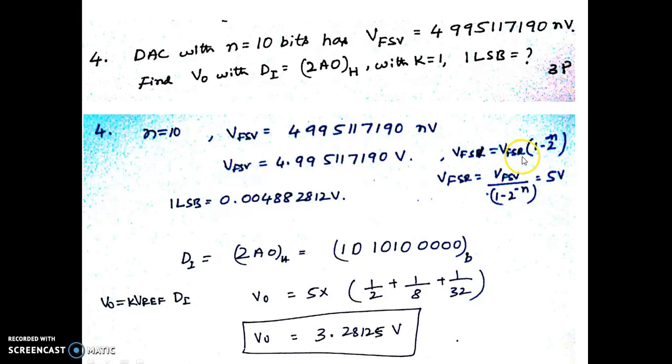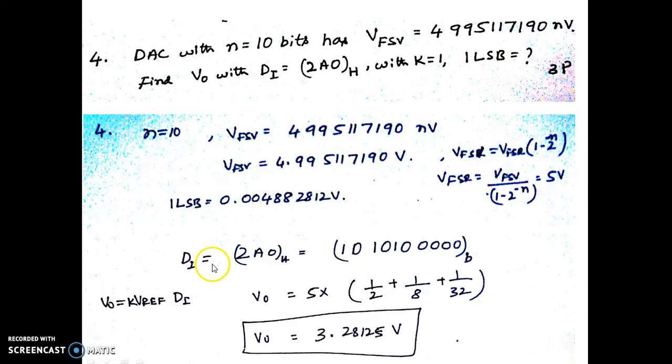FSV, the full scale voltage, is given by FSR multiplied by 1 minus 2 power minus n. So using this we can directly find the full scale range voltage, which is equal to V reference. Upon substituting this we'll get it as 5 volts. So once we know V reference, it is easy to find the 1 LSB, which is nothing but V reference divided by 2 power n. So here 2 power n is 2 power 10. So we'll get the 1 LSB value as